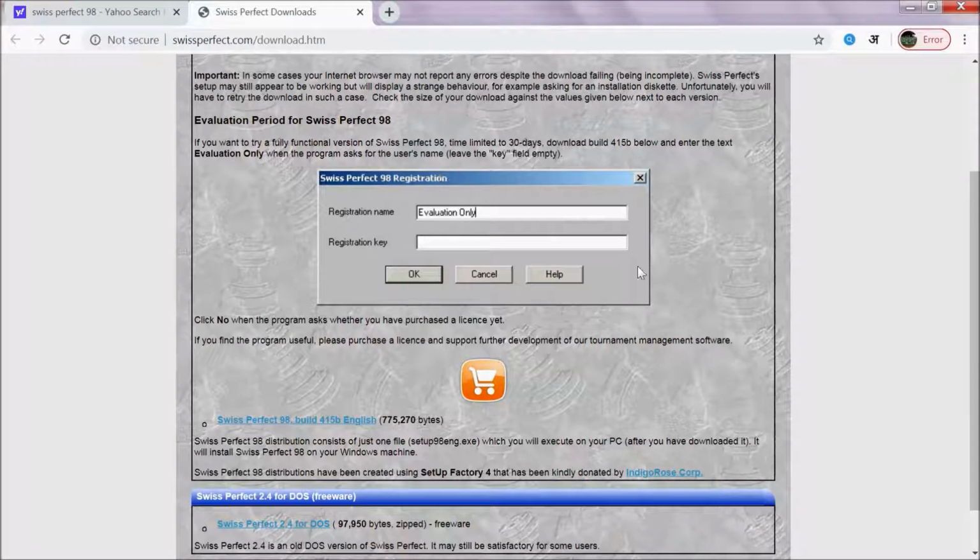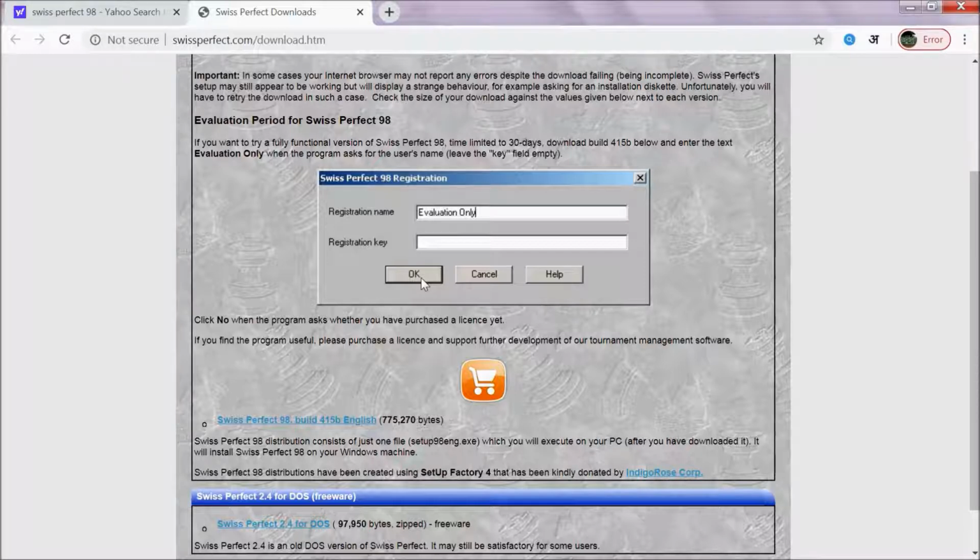This type of window will appear on your software, and you have to type in the registration name as evaluation only. This field you need not fill, leave it blank, and as you press OK, it will say that this software will work for 30 days.